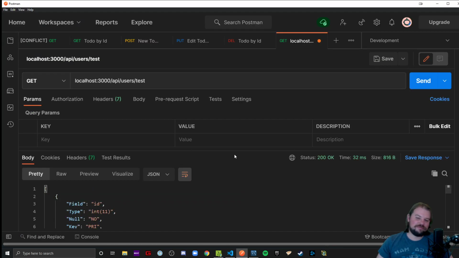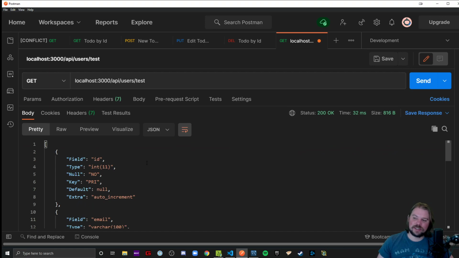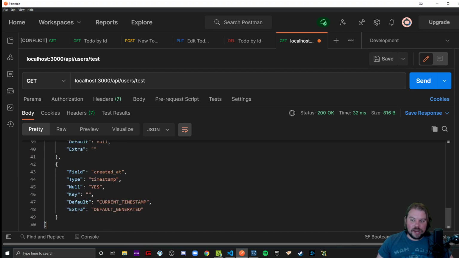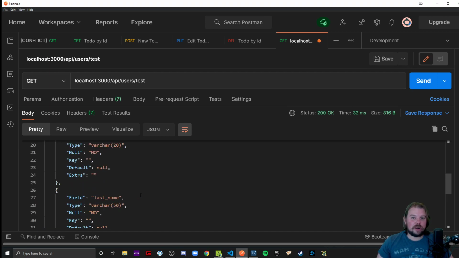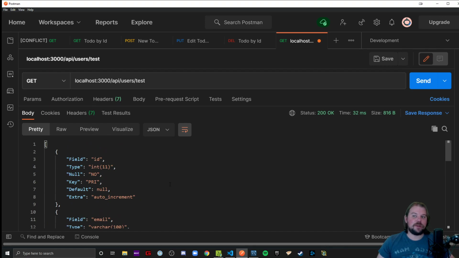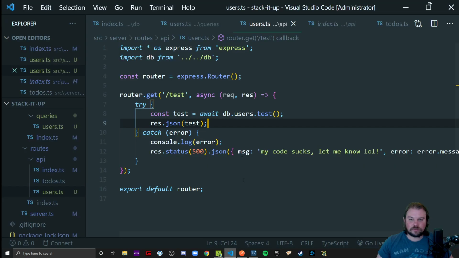Back over here, click send. There's our response. And there is an array of these objects, which is our response we're expecting here in Postman. How cool is that? Very nifty. Okay, so clearly,